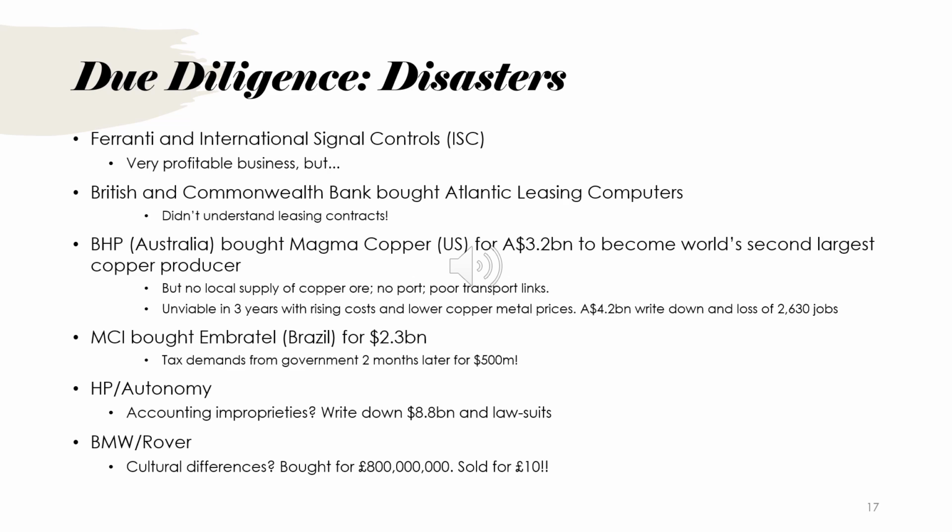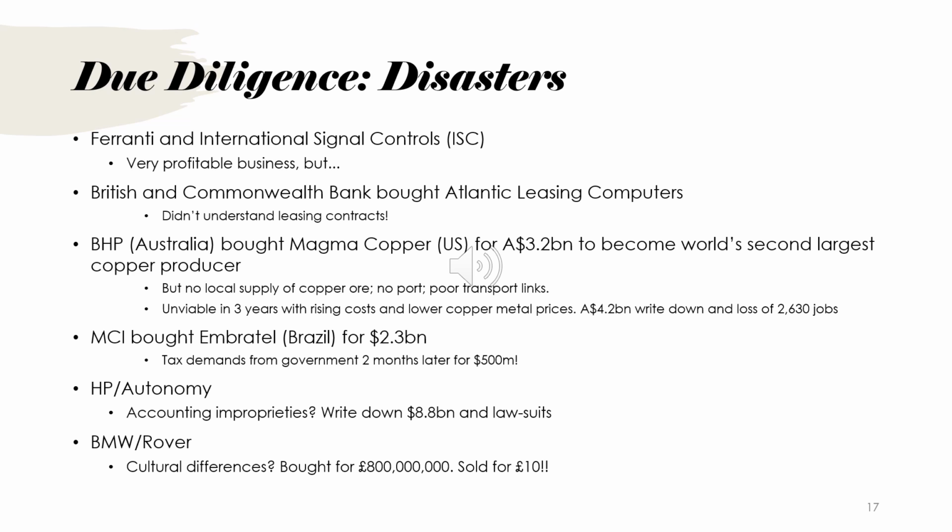And as soon as they did that, they realized that International Signal Controls was sending lots of weapons to clandestine groups, which of course is completely unethical for Ferranti to do. And therefore they couldn't make those sales, having spent a fortune on buying International Signal Controls, mostly funded through debt. As a result, the cash flow stopped, they couldn't service the debt payments, and Ferranti and International Signal Controls are now history as they both went into bankruptcy.